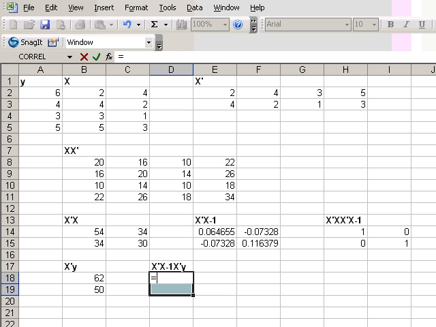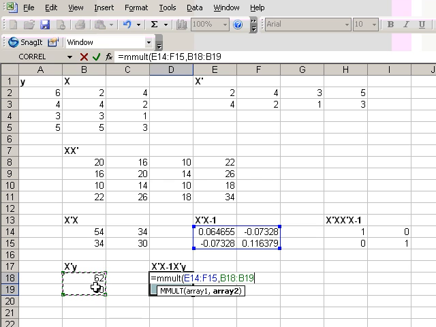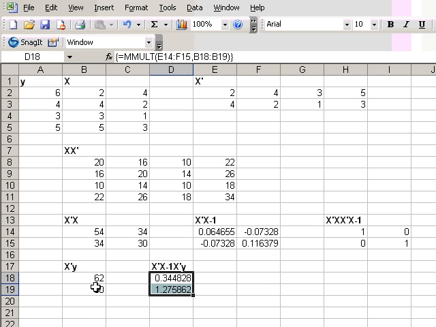And I will say equal m mult x prime x inverse, comma, x prime y, Control Shift Enter, and these are the two coefficients that multiplied times these values will produce these